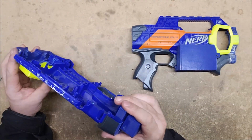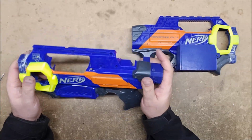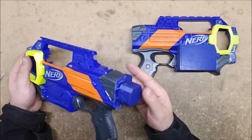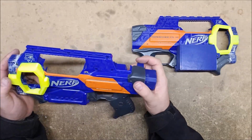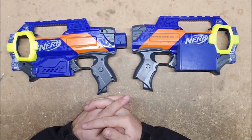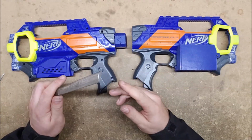So what I'm going to be showing you today is how to do some cleanup on your integrations. Because there's a bit of rough work still on the front and back of this that we're going to get in real close and try cleaning out, try to make it look a little bit cleaner before we throw the paint on. The tools I'm going to be using, I've got my regular flat and curved edge file for